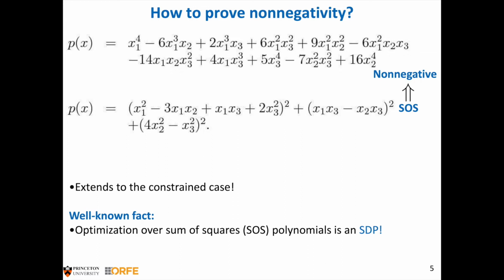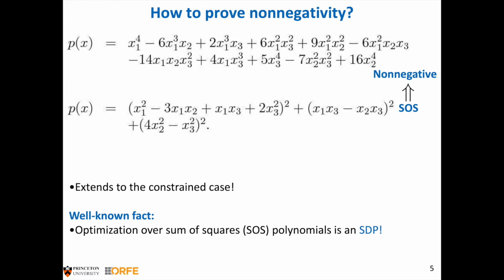That's a very good question. So P of x, let's say it has n variables, and it has degree 2d. Why degree 2d? Because if the degree is odd, it can never be a sum of squares. It won't even be non-negative, right? There is a theorem that's actually quite easy to prove, which says that P is a sum of squares